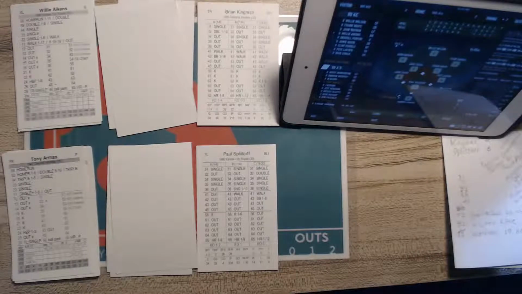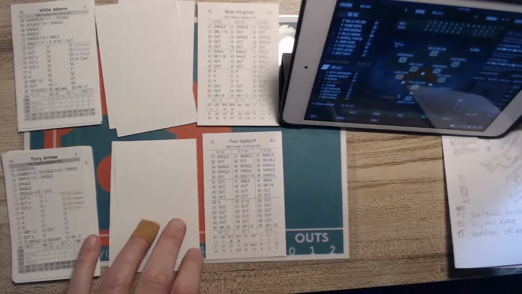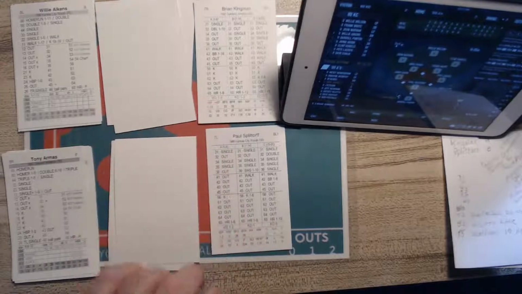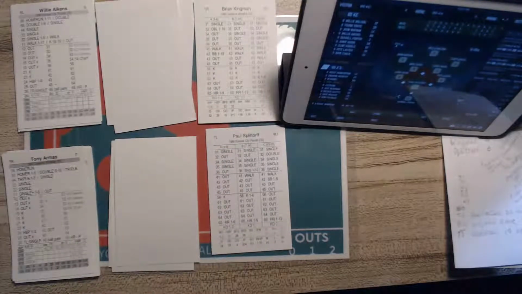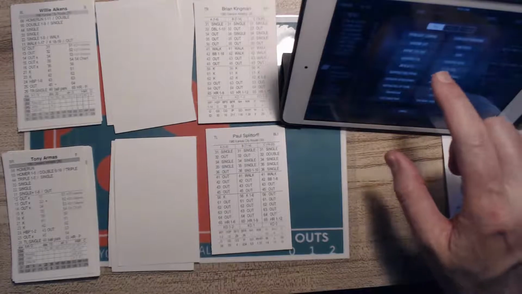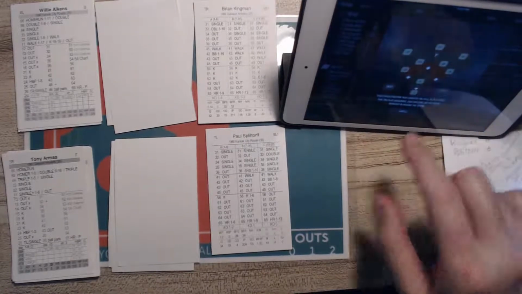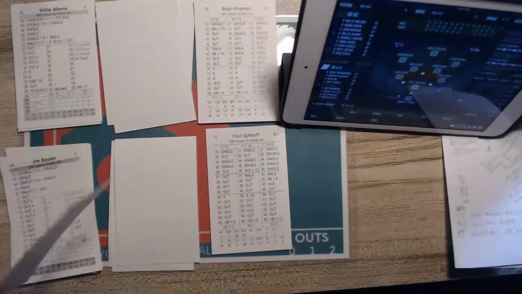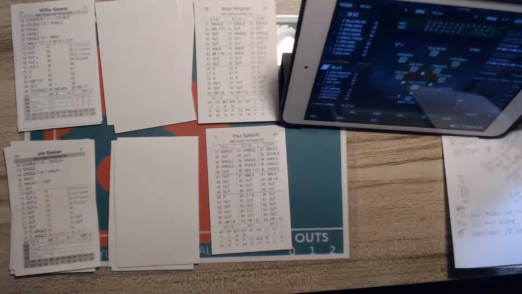Armas is 1 for 2. He's singled and flied out. Paul Splittorff on the mound for the Kansas City Royals. He was 14-11 with a 1.3 WHIP and 33 games started, 200 innings pitched. Here's the pitch to Armas, and that is a 12. 12 is going to be a fly ball deep left field. John Wathan on the run, and he tracks it down at the warning track. So Armas gave it a ride, but the wind must be blowing in.